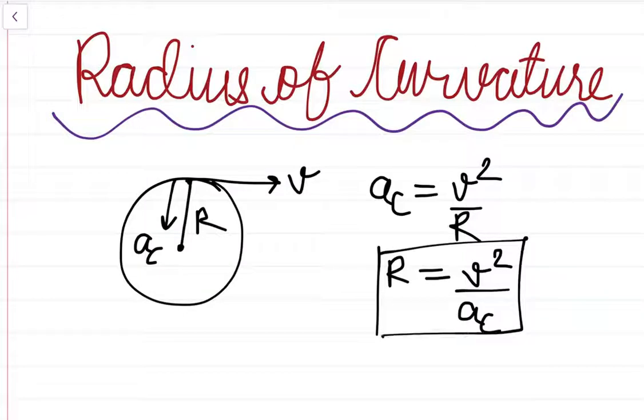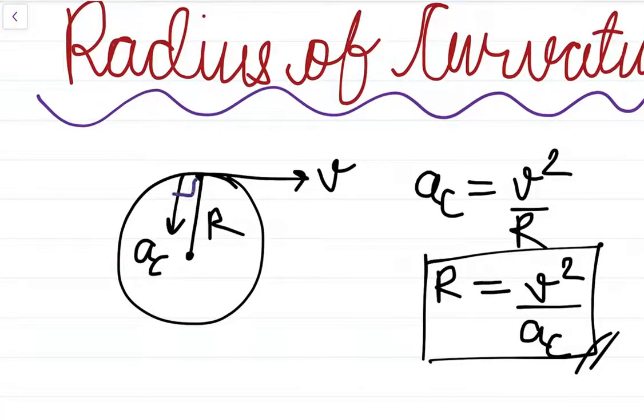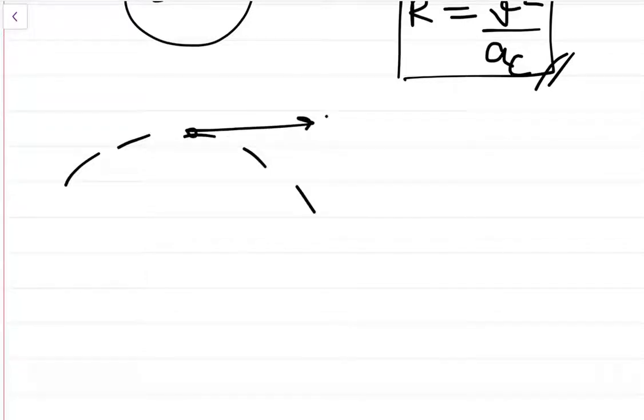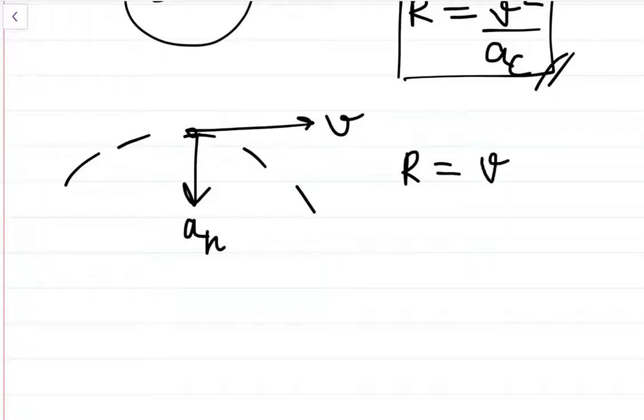Okay, I'm just using this as an example. I'm not saying that this is the standard case. So whenever a particle moves with a velocity v, and the perpendicular component of its acceleration is AC, then the radius of curvature is defined to be this. So we can say that whenever a particle moves with a velocity v, and its perpendicular component, that is the normal component, whatever you call it, is an, then the particle moves just for a moment in an imaginary radius of curvature which is equal to v squared by an.